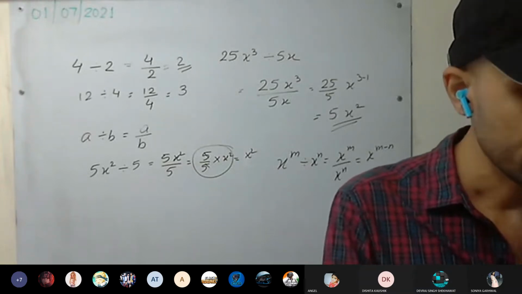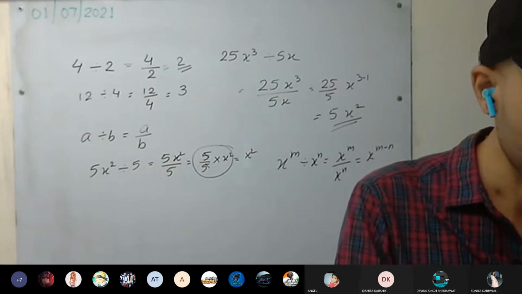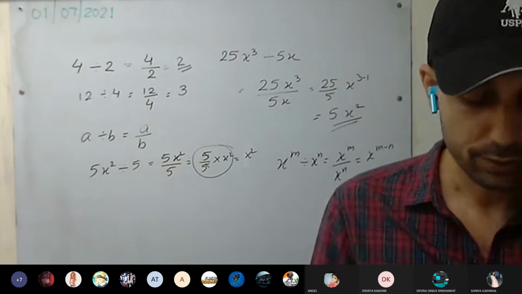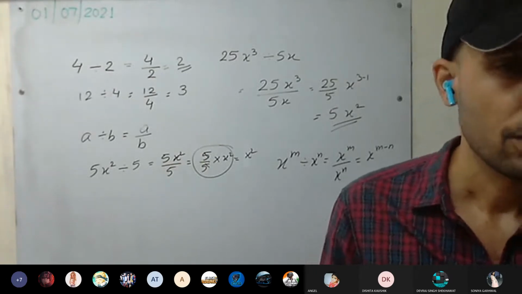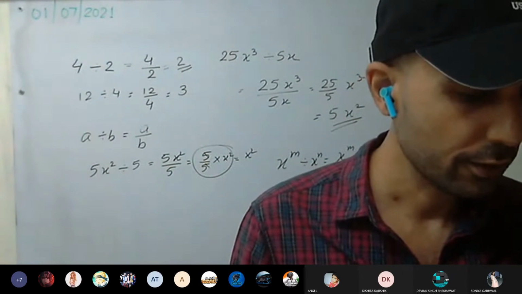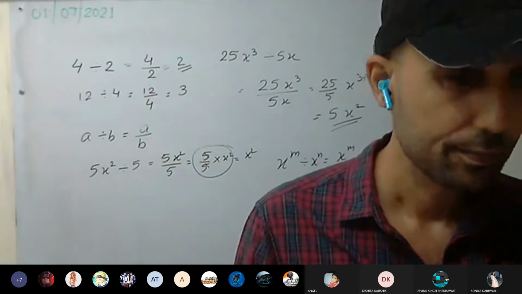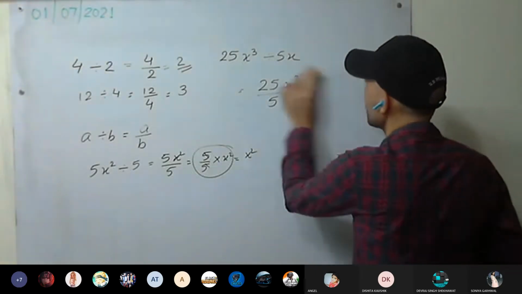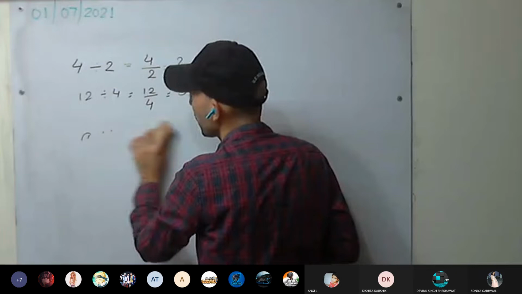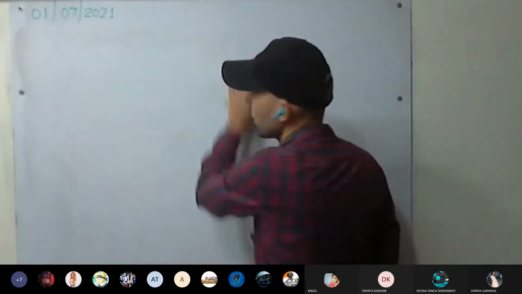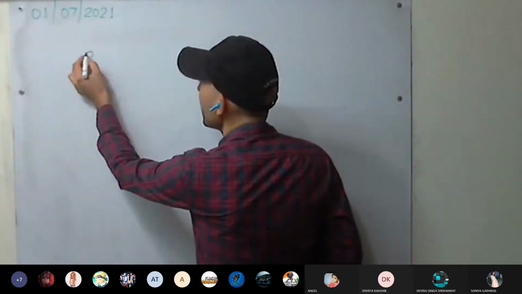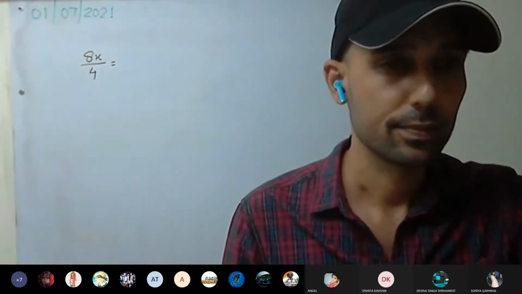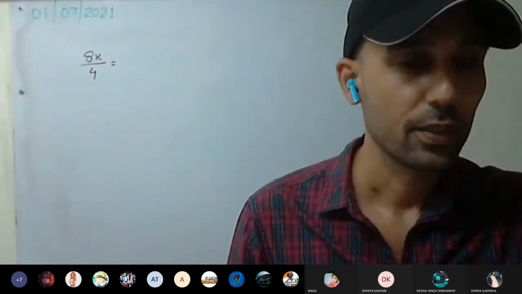Yes, sir. Okay, so we can start exercise 2C. First question, the rest we will discuss afterwards. In the first question we are dividing by a constant only. First question, Aksharta, you answer: 8x divided by 4. What will be the answer? First write it as 8x by 4, and find the answer. What will be the answer? Don't raise your hand.